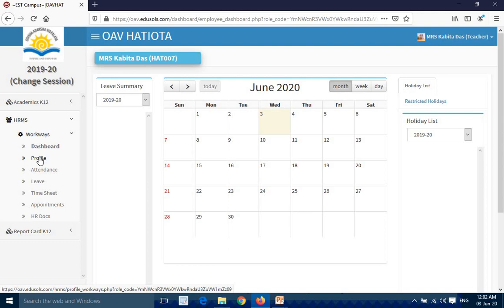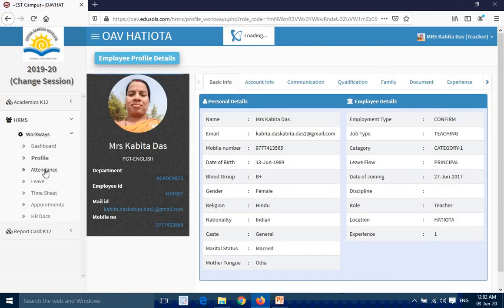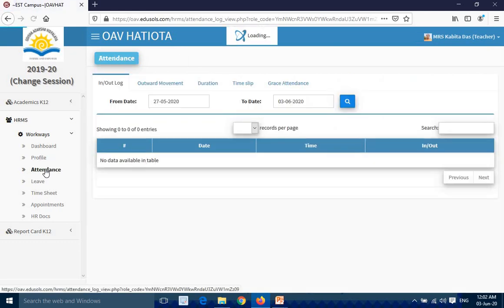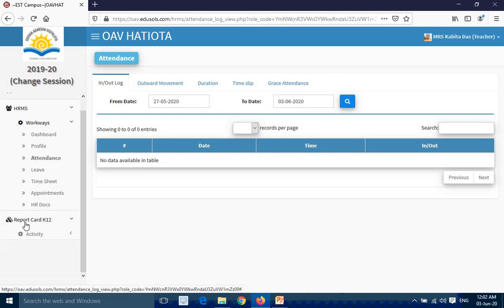Here you can find the profile of yourself, attendance, leave, time sheet, appointments, HR docs, and in this section you can generate the report cards.